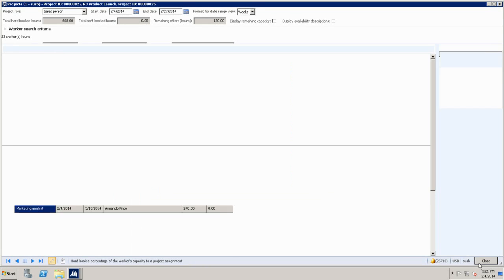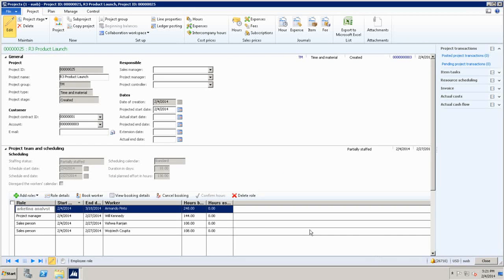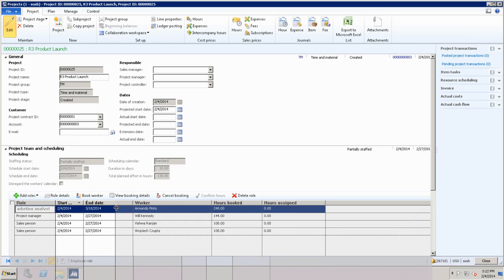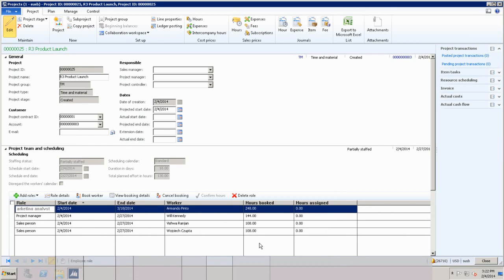I go back to my project team. So I have not yet even started my detailed scheduling. See what's happening here. I have 4 people in my team that I have booked for specific start dates and end dates. And as you can see, the hours booked. I hope I had one of these lasers. Is this a laser? Yes. Okay, great. So this is our hours booked for each resource, and this is hours assigned.